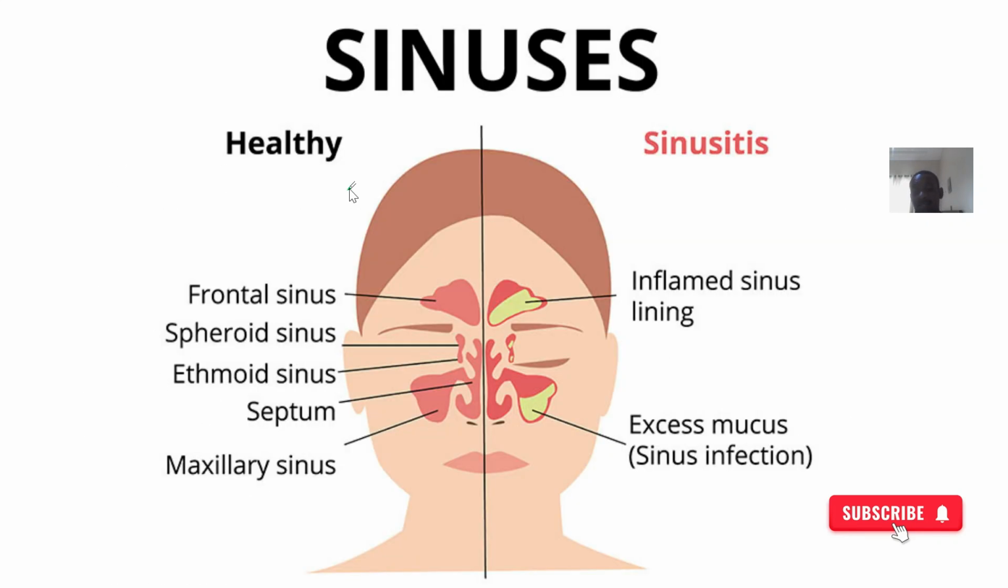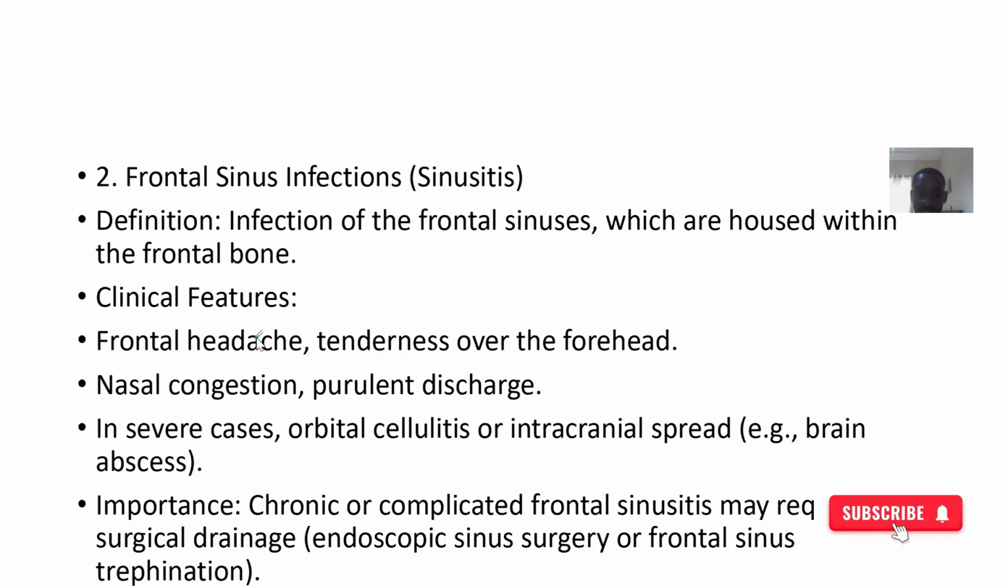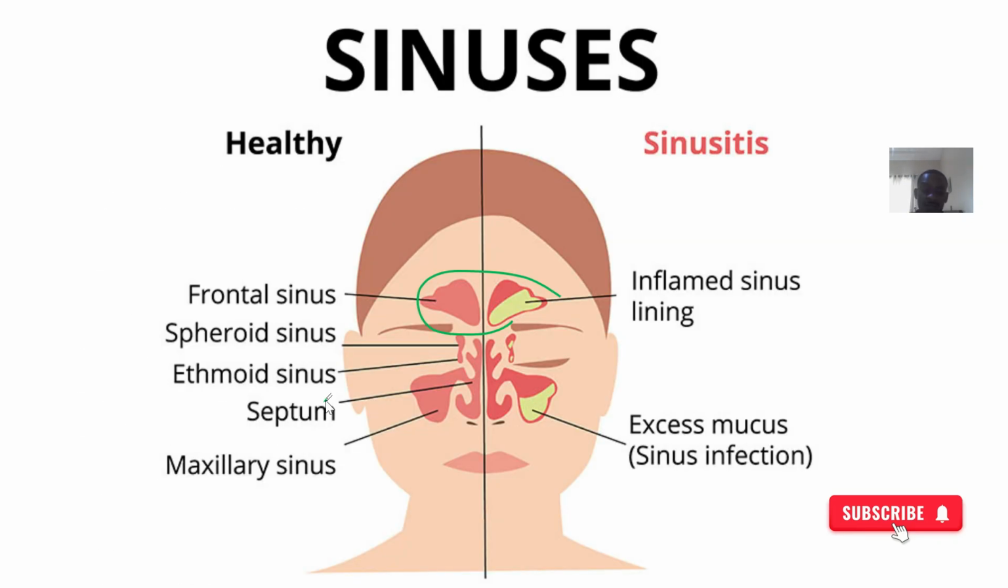Then we have sinusitis, which is inflammation of the sinuses. I know we have sinuses that are actually in the frontal bone. So you have pain that is radiating right into the frontal bone, and you can feel the pain over the front of your head. So there are frontal headaches, tenderness over the forehead, nasal congestion, and sometimes you have pus accumulation